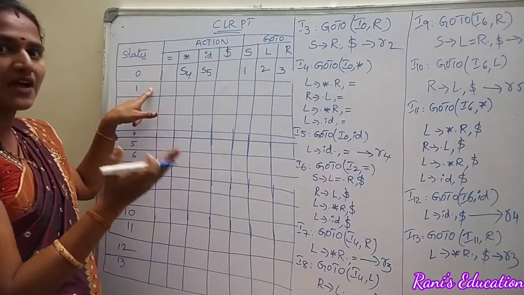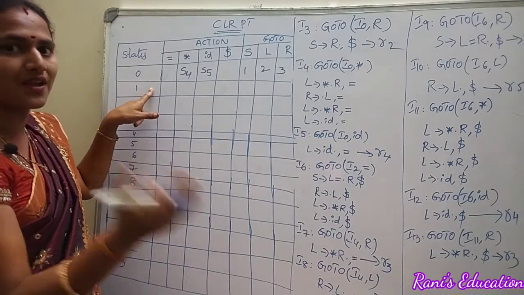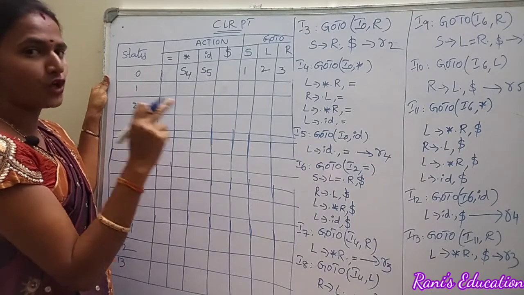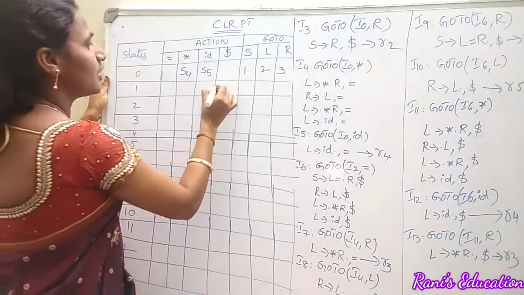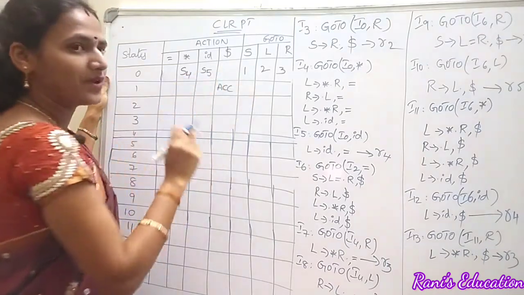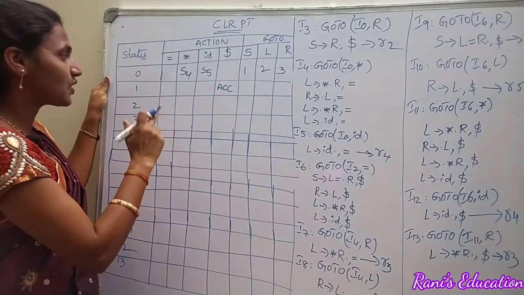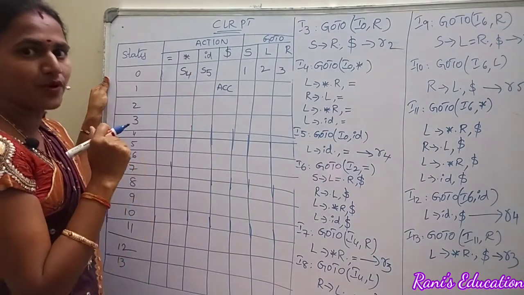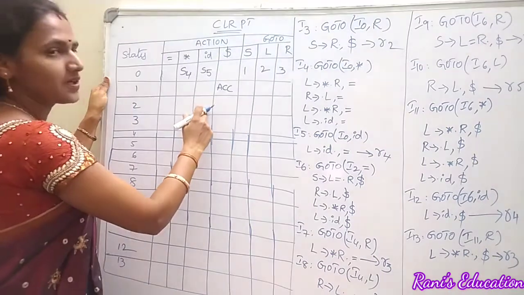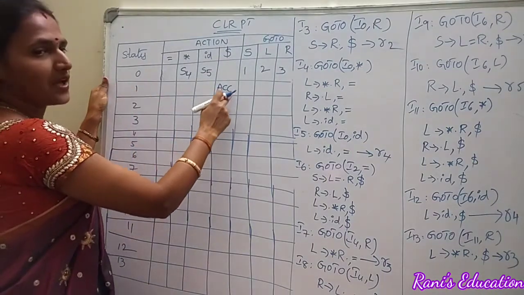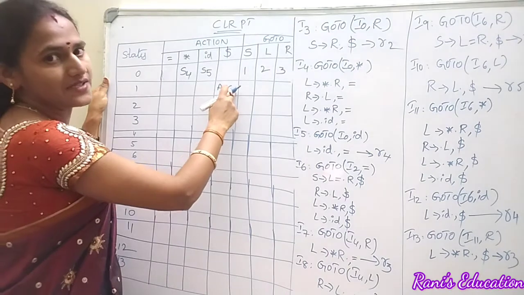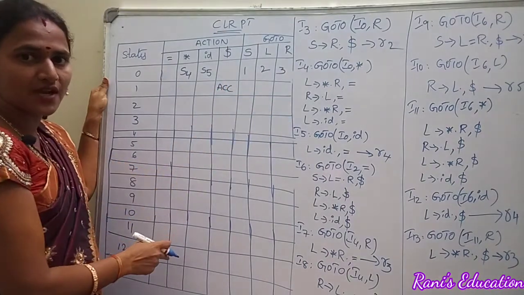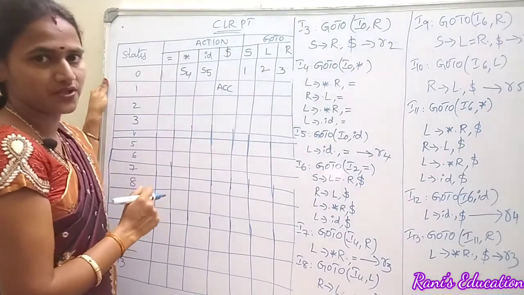In the first item we have seen a completed item whose reduction number is R0, right? So what is the look ahead for that production? Dollar. So under dollar you are going to write accept. Why? Because we have a rule: if the production is of the form S dash derives S dot, which is a completed production, in the action part, under the dollar, we are going to write the action as accept, right? So are there any more productions left out in the first item? No, we have only one production.